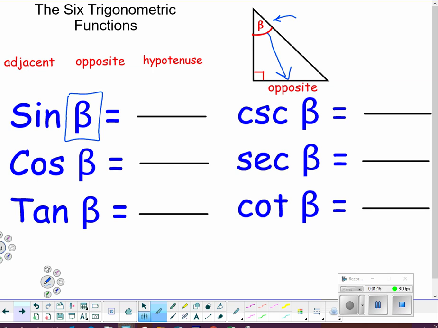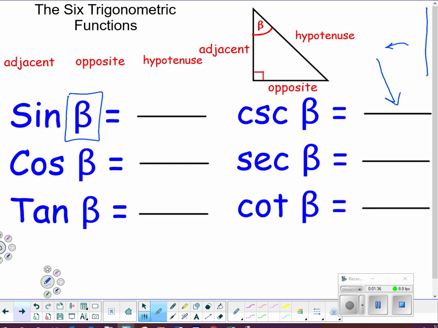And the side right next to that angle that helps form the angle, that's the adjacent side. And of course, the longest side across from the right angle is the hypotenuse. So we have our sides identified, which will help us